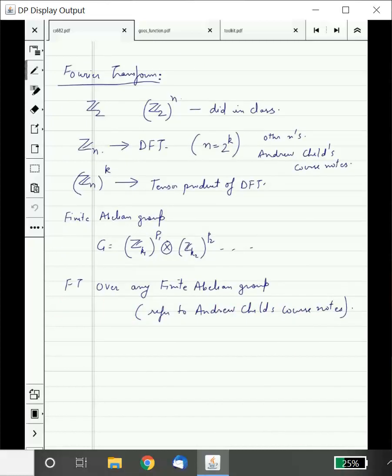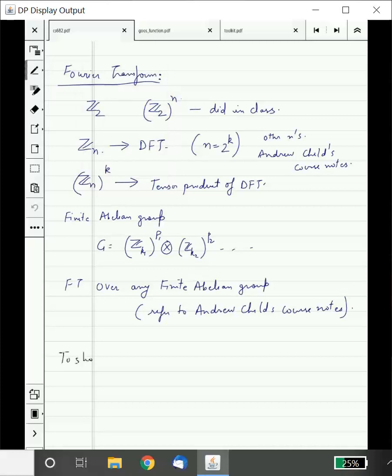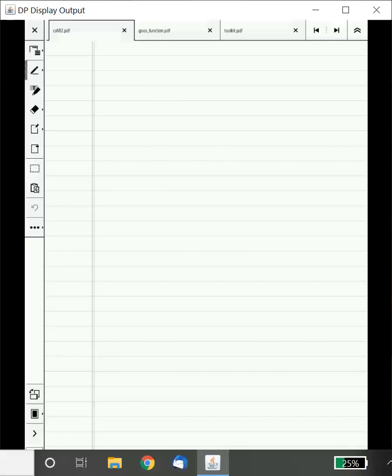Now, knowing this, let's look at how to generalize the hidden subgroup problem. So, we need to show that given FT over G, we can solve HSP over G. But the first order is to ask what is HSP. I have hinted at it multiple times. Let me formally define the hidden subgroup problem. For any group G, I can define a hidden subgroup problem. For a given group G